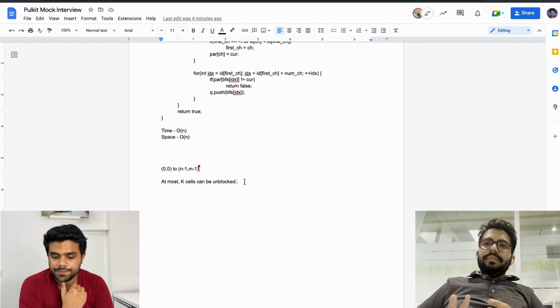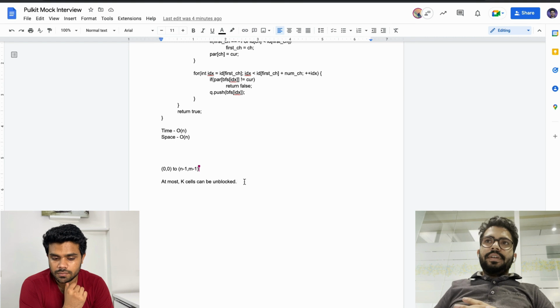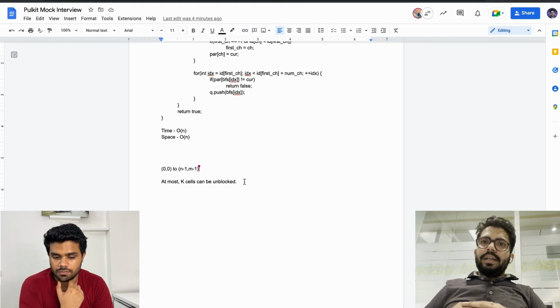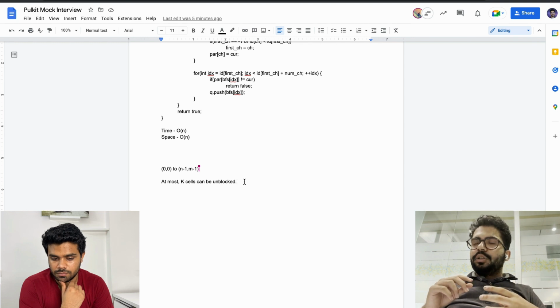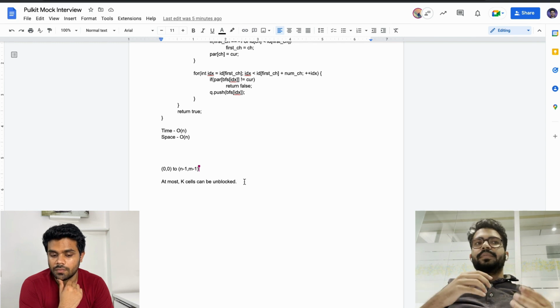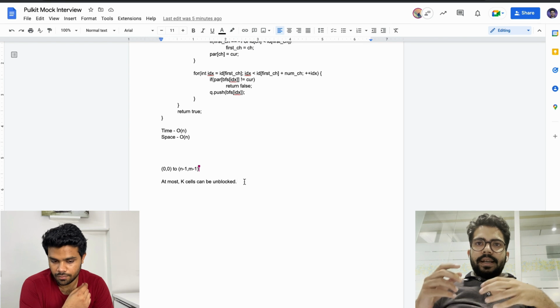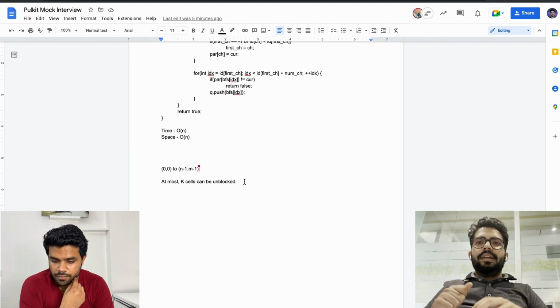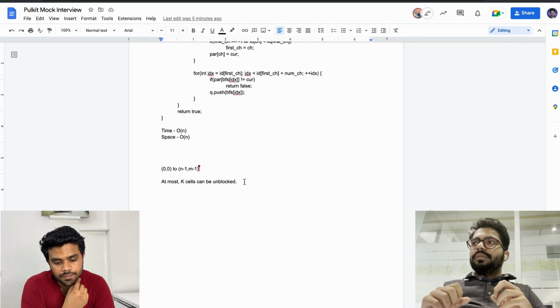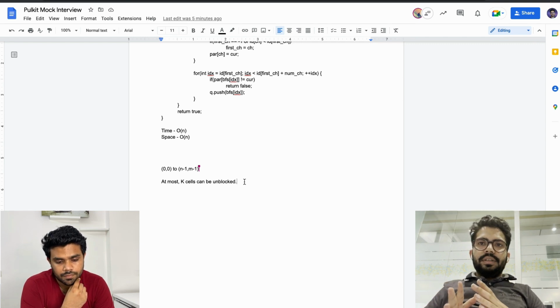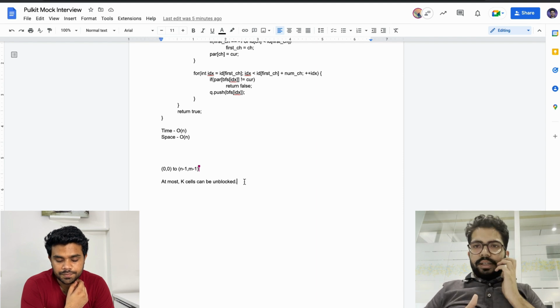So basically, what I'm trying to tell you is that instead of having a state of a particular cell in the BFS, the state will be a 2D thing. We are at this particular cell i, j, and some number of cells have been unblocked till now. With that state, in number of nodes into K time, so basically n into m into K time, I should be able to find the shortest distance.